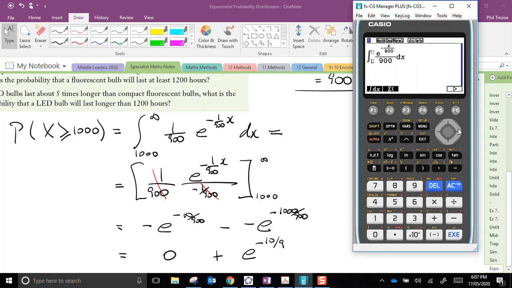Now right arrow moves me to my terminals, and I want to go from 1000 to infinity. There is no such thing as an infinity key, but we can just put in a large number. You might be tempted to put something like 1 times 10 to the power 99, but you could end up with an internal memory overflow error. So let's just put something really, really large, like 100 million or something, and we'll hopefully